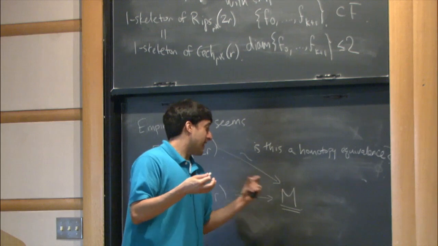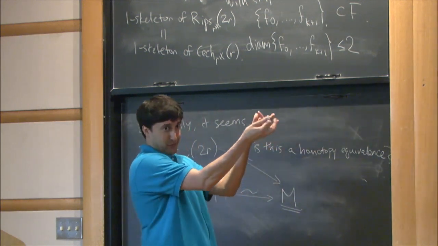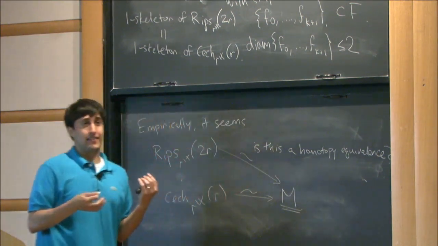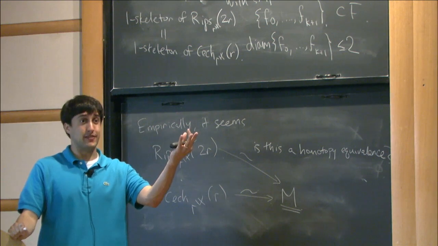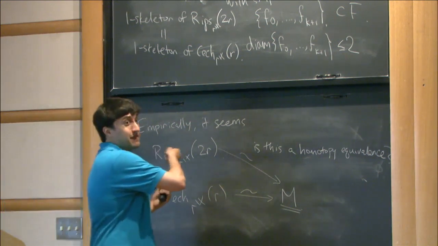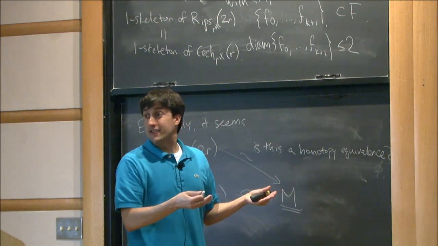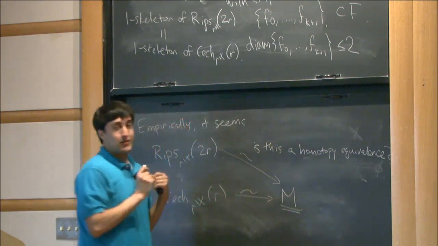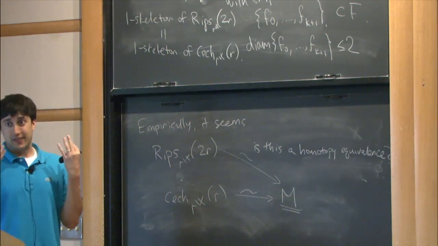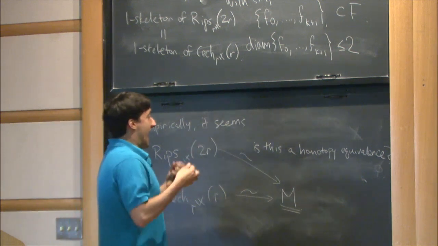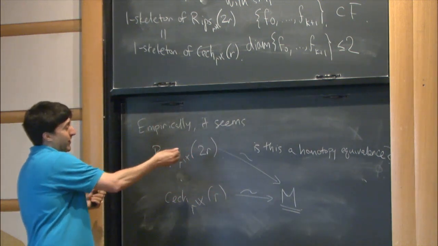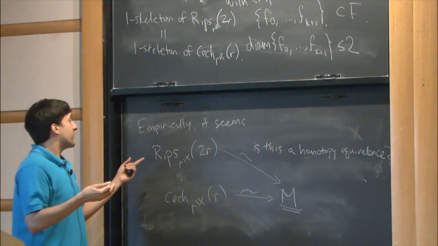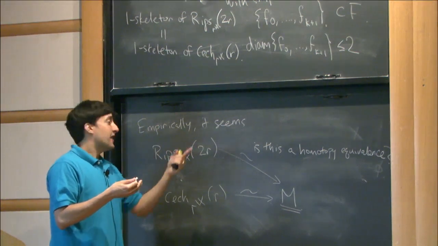Or M, because it's the example manifold we were looking at, is orientable, so it has a fundamental class in degree equal to its dimension. The homology vanishes in degree that's larger than the dimension of the manifold. Right? So there are all these things that are incredibly special about the topology of a manifold M. So in every single example that we have looked at so far, those same properties are satisfied by the